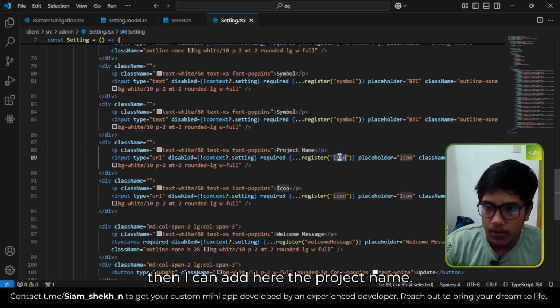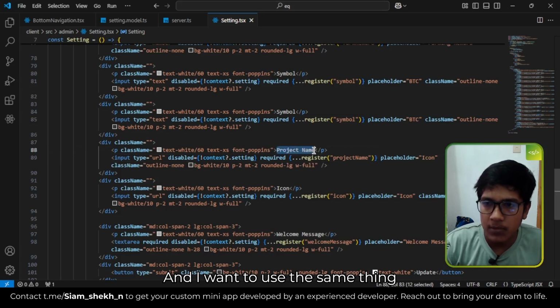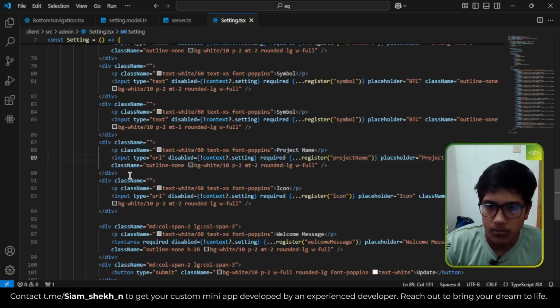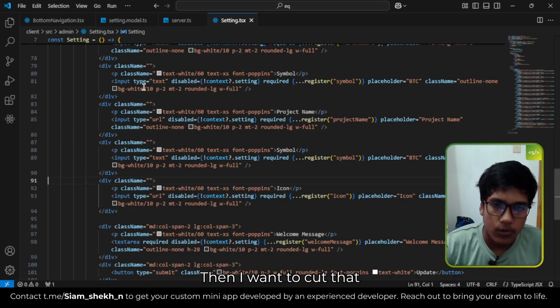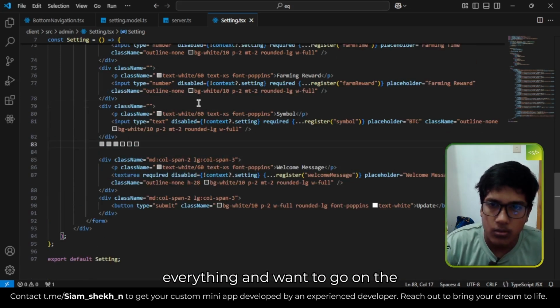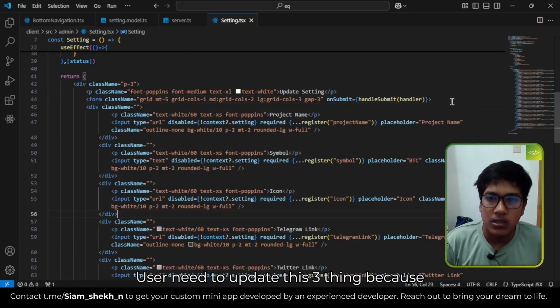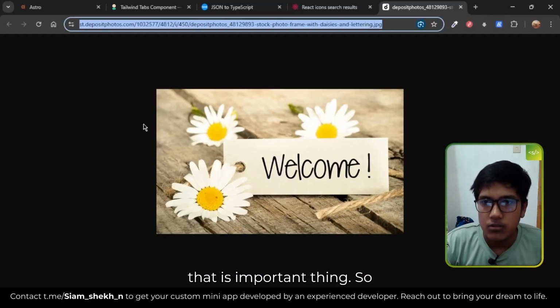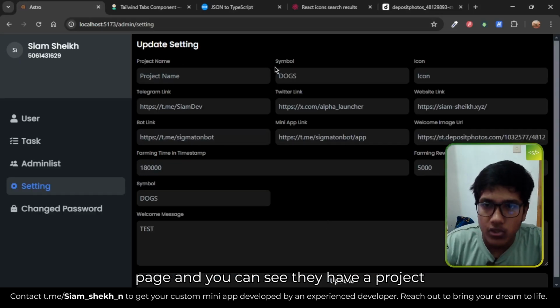Okay, then I can add here the project name, and I want to use the same thing for placeholder project name. I want to add here above this symbol. Then I want to cut everything and go on the top. So first of all, a user needs to update these three things, because that is important. So I can come here and refresh that page, and you can see they have a project name,